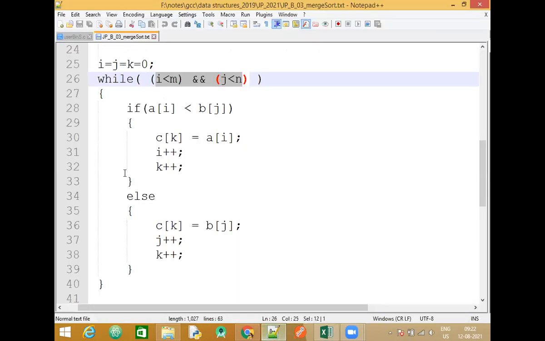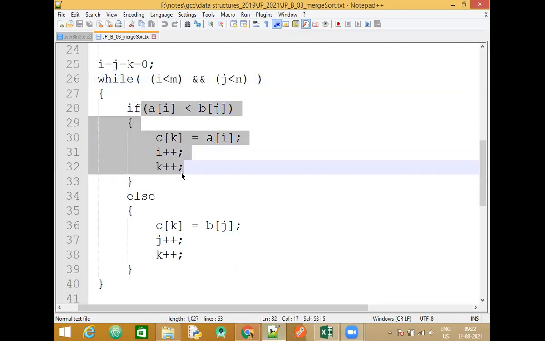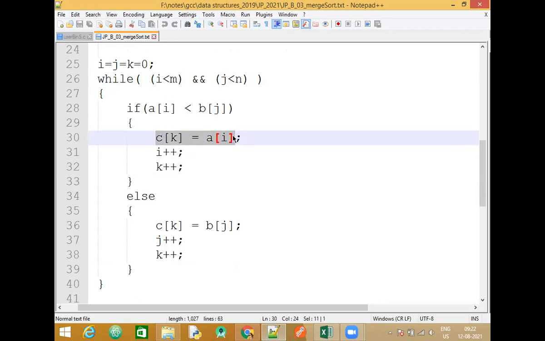Next part. This is just to compare the two elements. Which element is smaller? We'll compare the element of array A with the element of array B. Whichever is smaller, you will put it in array C. Then you need to increment the variable I and the variable K. I is for which array? First, A. Here, in this demo, J was put first. But if J stays at that index, there is no element there. J's value has to increment, then we can access the next element.